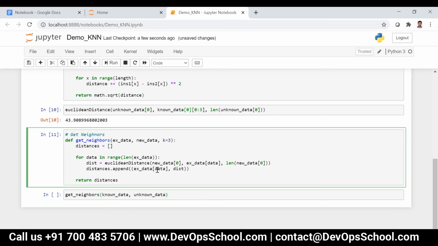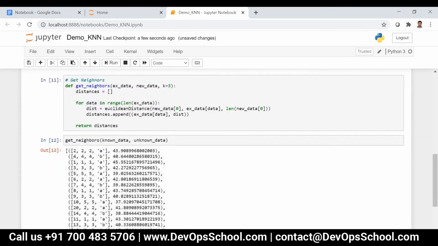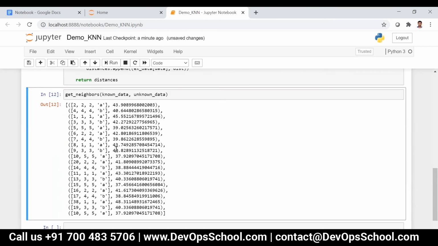Now if I execute it, you can see the output like this. This is the data point, and the distance is 43. Similarly, this is the data point, and the distance is 40. And this is the data point, and the distance is 45. So for each and every data point, we have calculated the distances.